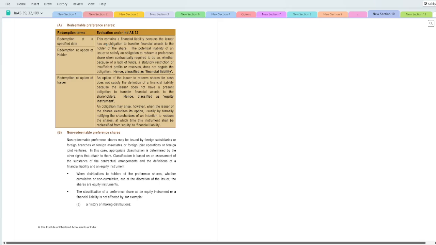So this is what is written here. Redeemable preference shares, redeemable means you need to pay the preference, you need to reimburse the principal amount. ठीक है, तो यहाँ पे रिडेम्पशन क्या हो रहा है कि एक कंपलसरी रिडेम्पशन होगा स्पेसिफाइड डेट पे, या फिर दूसरा रिडेम्पशन जो एट द ऑप्शन ऑफ द होल्डर होगा। तो यहाँ पे भी फिर आपका, अगर वो होल्डर जब एक्सरसाइज करेगा तो the issuer needs to pay the cash, so issuer cannot avoid it. ठीक है, तो फाइनेंशियल लायबिलिटी बनेगा।